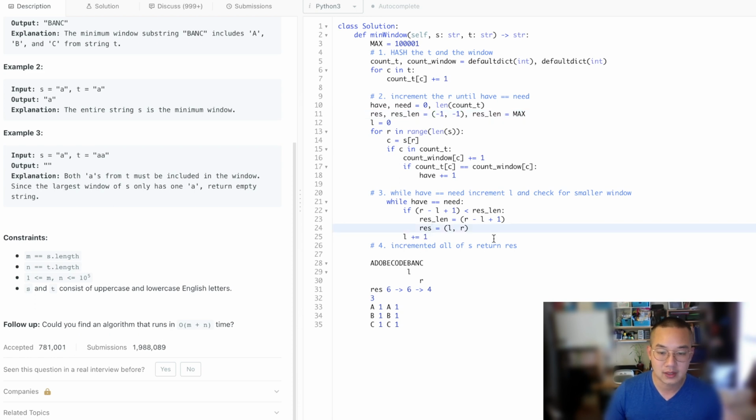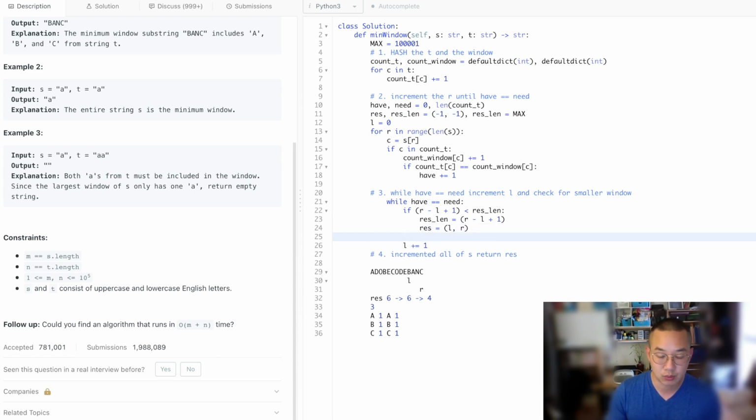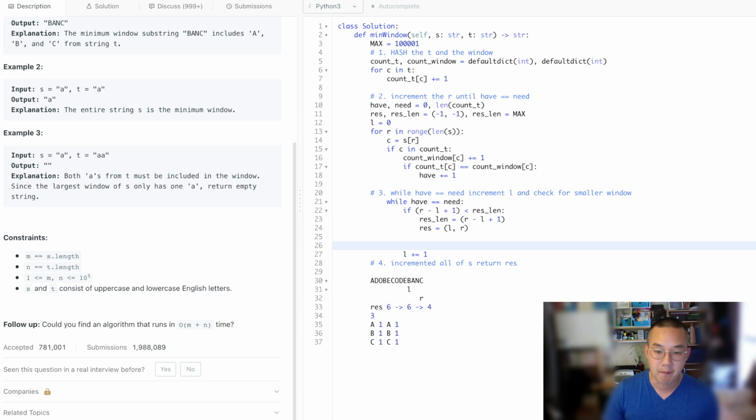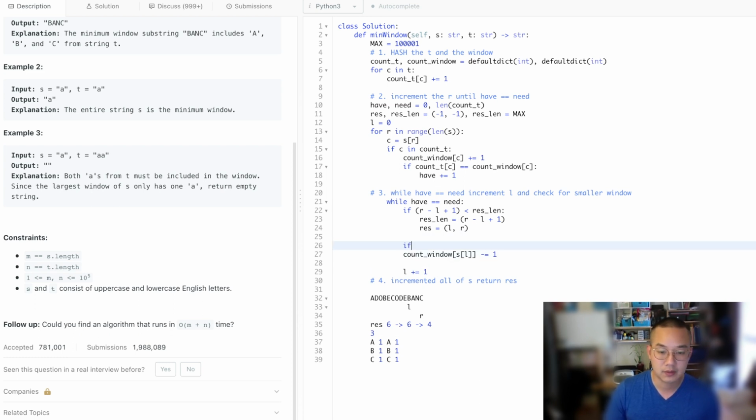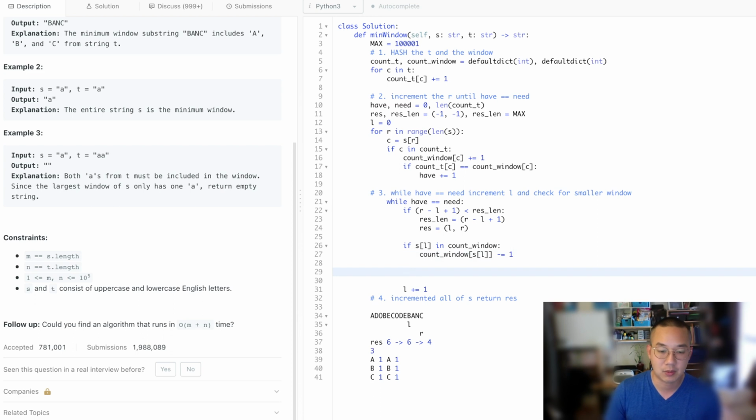All right, with that, we can now make sure that we shrink the window. So how to shrink the window, right? So count window of s of l minus equals 1, and if let's say if s of l in count window, then we'll minus 1 because we don't want to subtract stuff that doesn't exist. Maybe that's a problem. So if